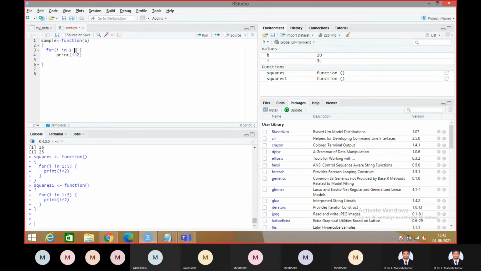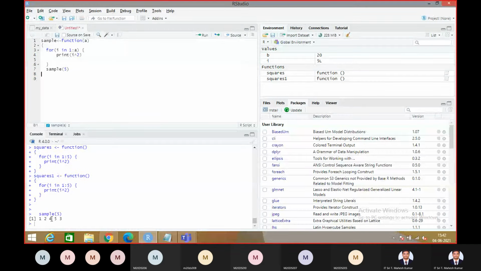So here I put a. From here, I'll call that. Sample of a means I'll give 5. When I click on run, see here.